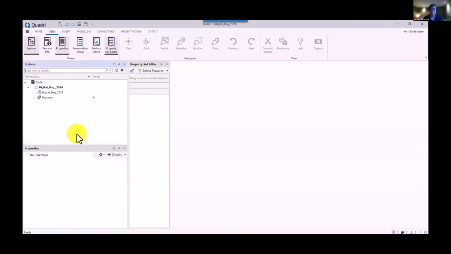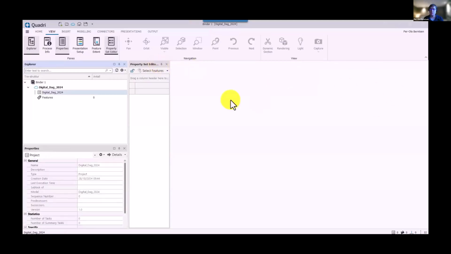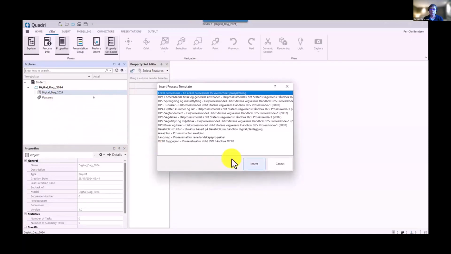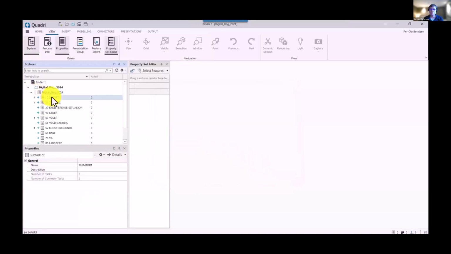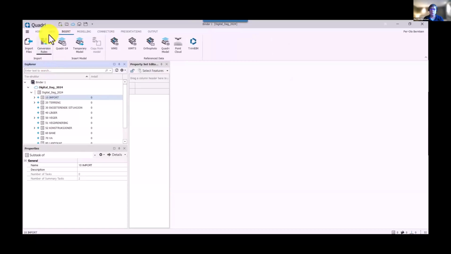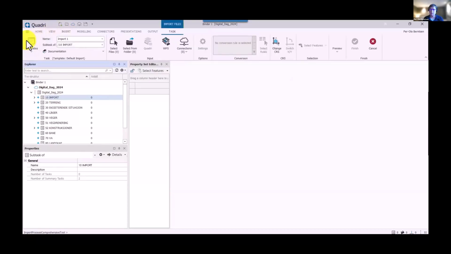I specifically need the Explorer. And with the Explorer, I want the folder structure and everything set up. So I go in and add that. So I insert the structure and I use the top one. I know that one is kind of okay. Then I go to import and I will start to add data into Quadri. So I need to make an insert task, import files, and I will, in this case, add data from Trimble